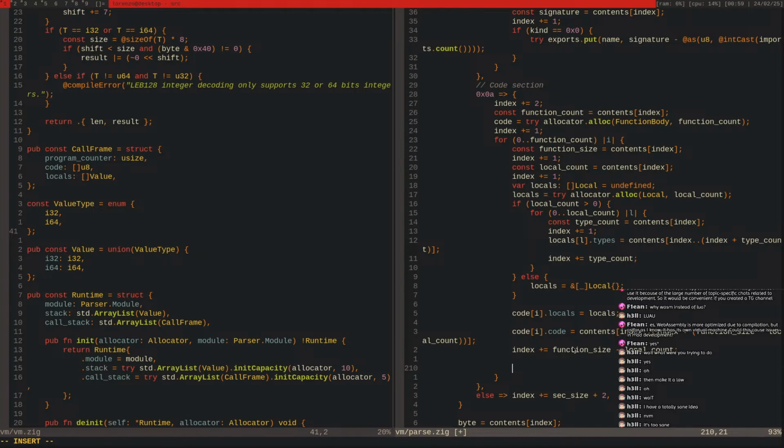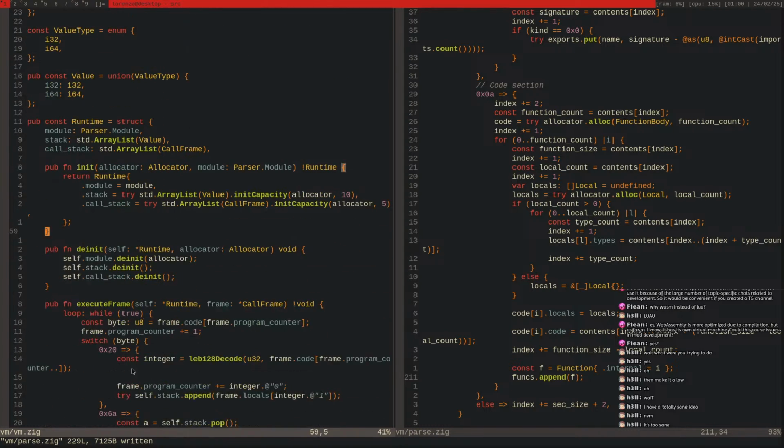So this is internal equals to E, and then functions append F. Okay. So now, when I call a function,